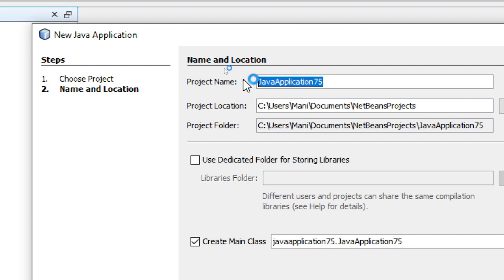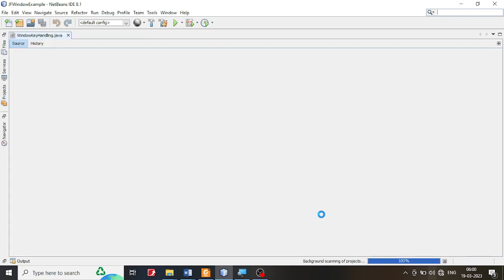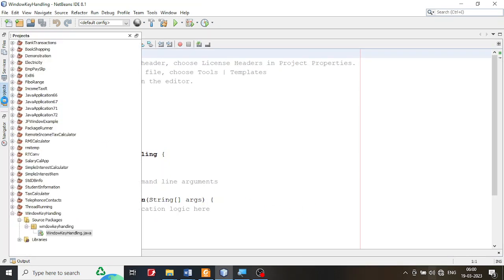So I'm going to say window key handling. You can give any name for that matter, and I'm going to just click finish. Any name is okay with you, so just click finish. And if you look at the